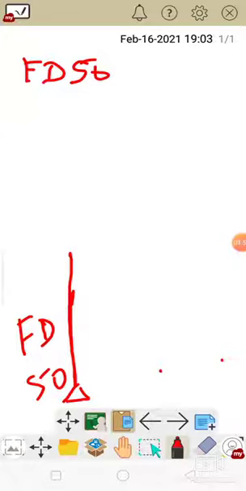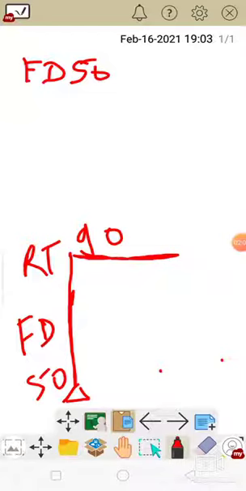Second command, RT 90, will it be? If I do 90, then my arrow will turn this side and it will go straight. So I cannot do 90.